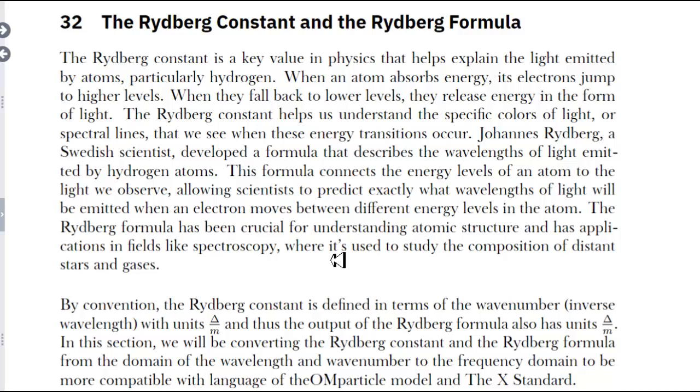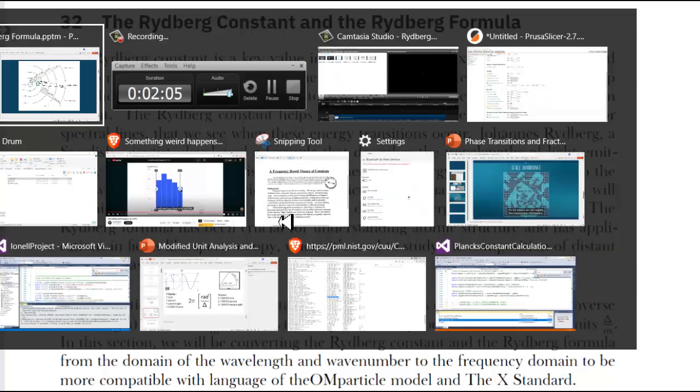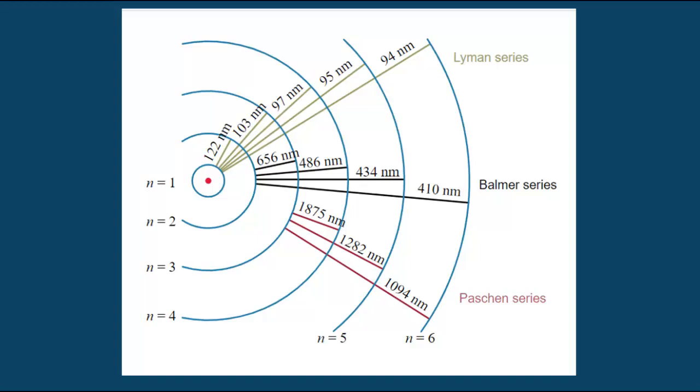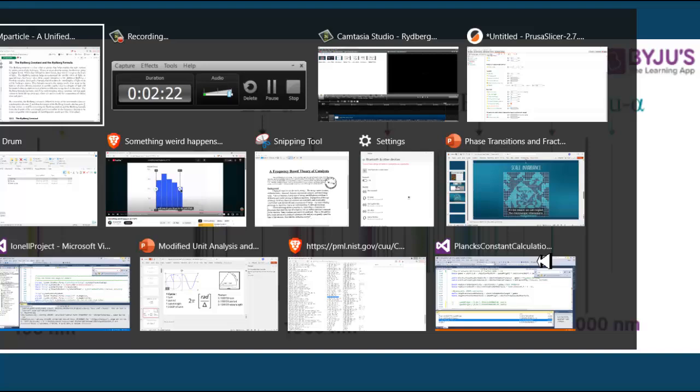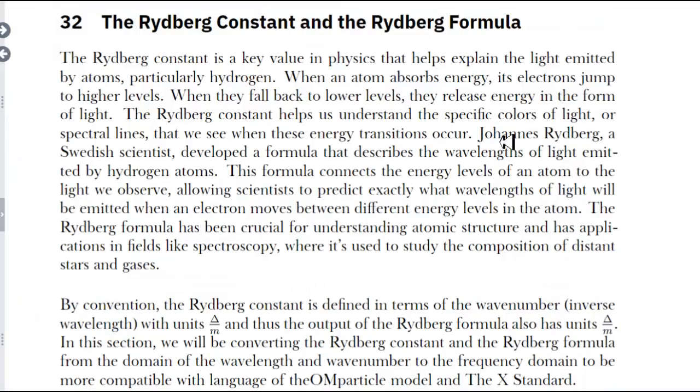So when light from different distant stars and gases arrives at Earth, we run it through a spectrograph, and the spectrograph separates out the light into different patterns, and we study these patterns to see what wavelengths and/or frequencies are being emitted by that star or gas, and we can tell the composition of the star and gas based on